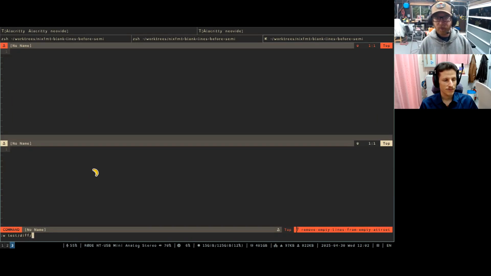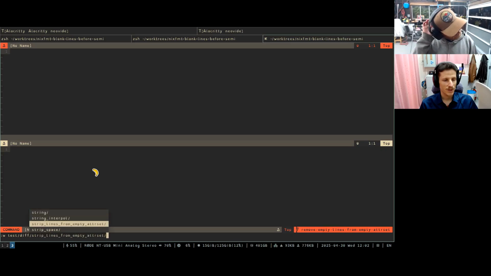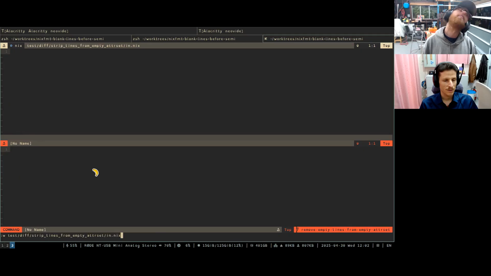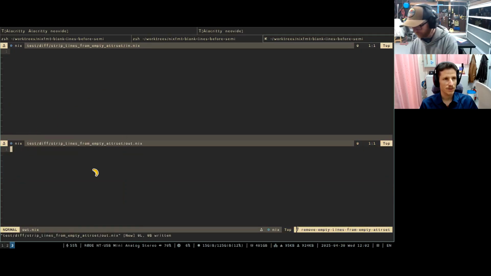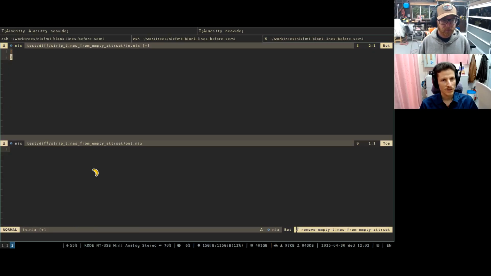Test diff strip lines in mix, out mix and the other set. Can I do multiple of these? Well, I can do this with, okay, so I'll do